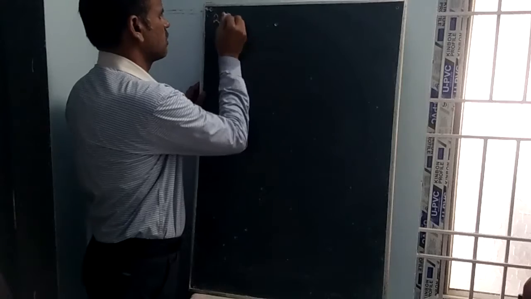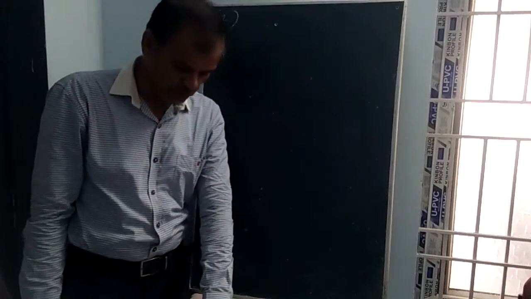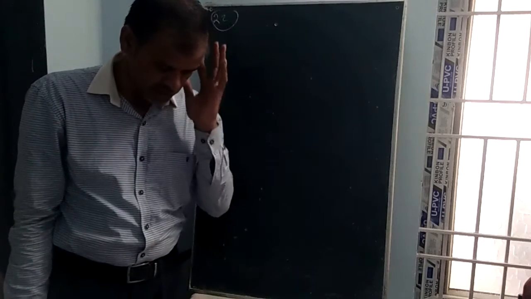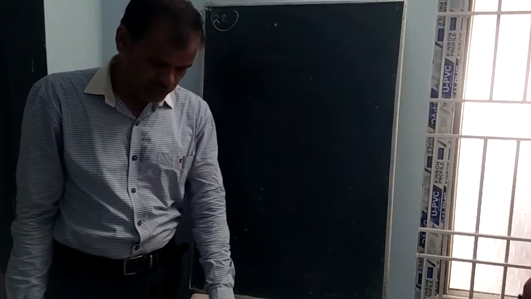Yesterday we discussed some questions. Rather than those sums, let us discuss this one, the 22nd question. A kite is flying at a height of 60 meters above the ground. The string attached to the kite is temporarily tied to a point on the ground. The inclination of the string with the ground is 60 degrees. Find the length of the string, assuming that there is no slack in the string.